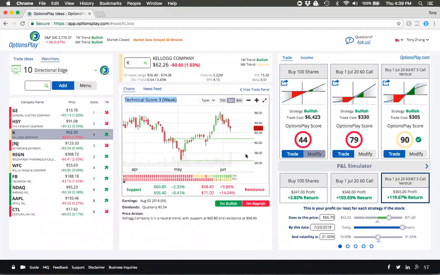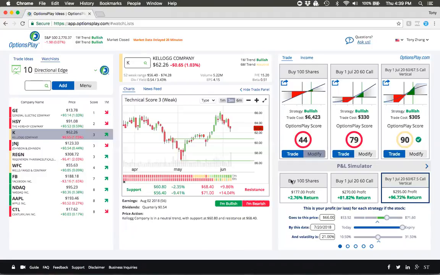And the great thing about this tool is that if you agree with this type of analysis and you feel that 62 is a good point to potentially enter a long trade, we provide you with 3 strategies on how to go about doing so. So you can click on I'm bullish, and you can see the 3 strategies. You can buy the stock, you can buy the call, or you can buy this call spread. And you can say, what happens if this stock goes back up to $66? And we will provide you with the analysis to